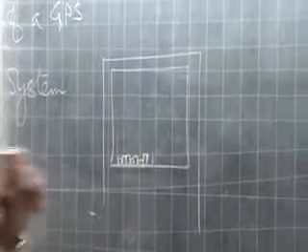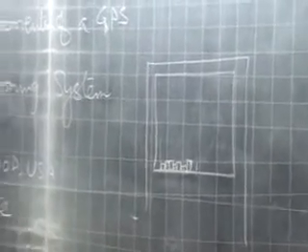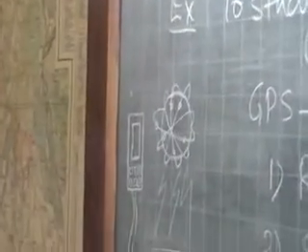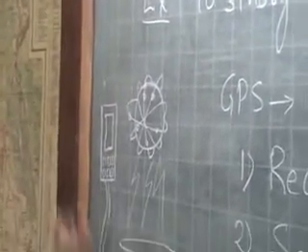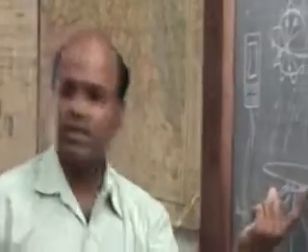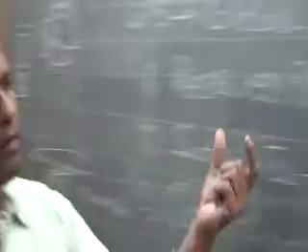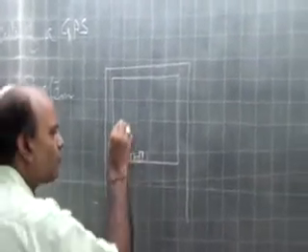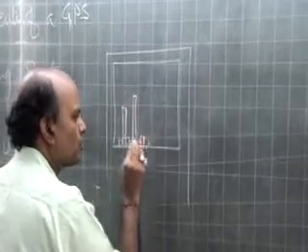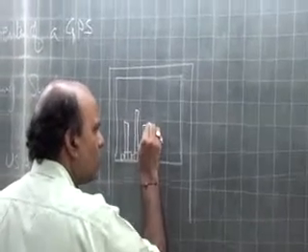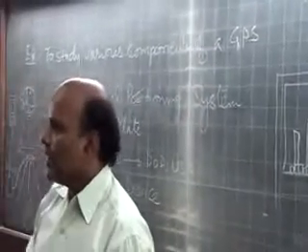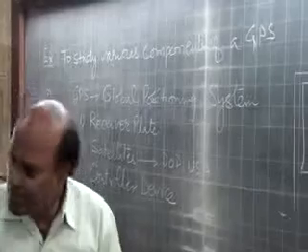What do you do? You have to wait for 2-3 minutes, because the satellites are continuously moving in the orbit. So after some time, another set of satellites will come into your area and they will start sending the signal. So it will not take much time. You will see that after waiting for a few seconds or a few minutes, you start getting good signals. So when you start getting good signals, that is the time you can log your observations. You can take the observations.